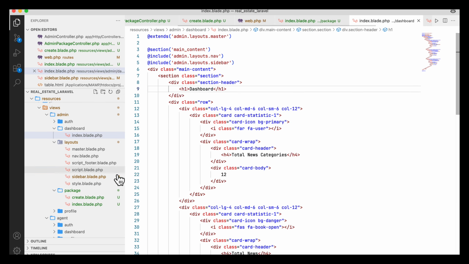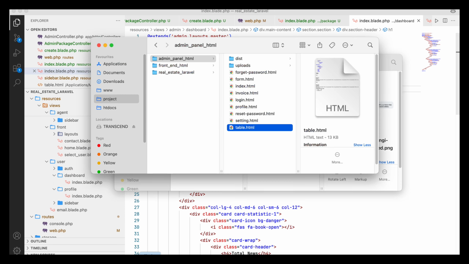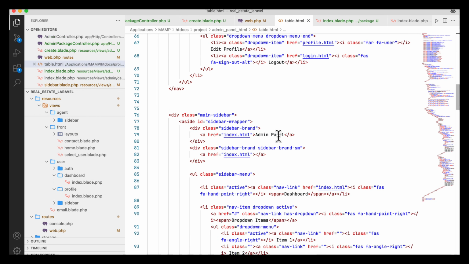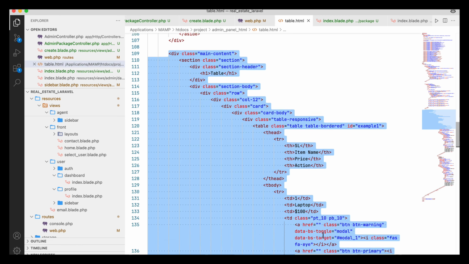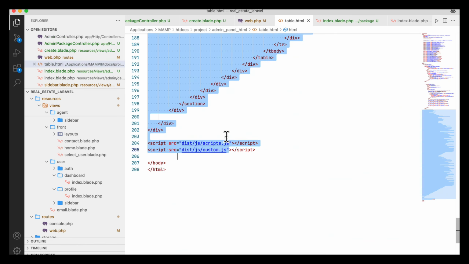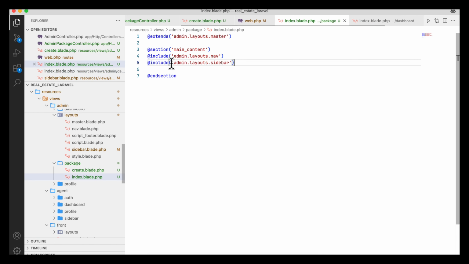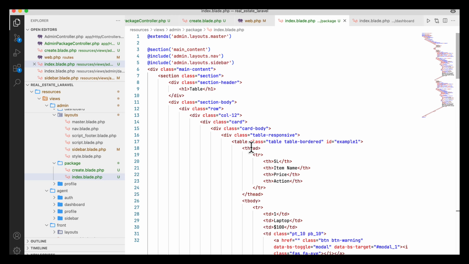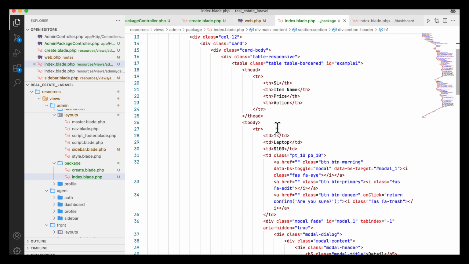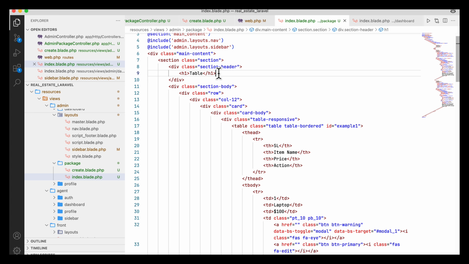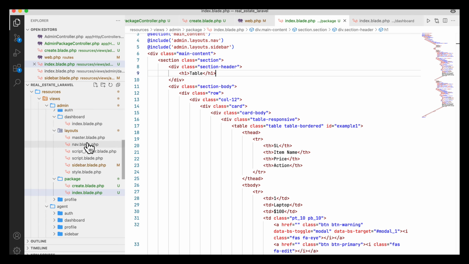And what I will do, I am going to my table. That means you see I have a table. I am going to open it, and the main sidebar and main content start from here. So this is the main content of the table. So I just copy this, close this. In my index it will be like this one. Okay, so this is the table. So perfect. Now all the packages I will have to write here, and another one